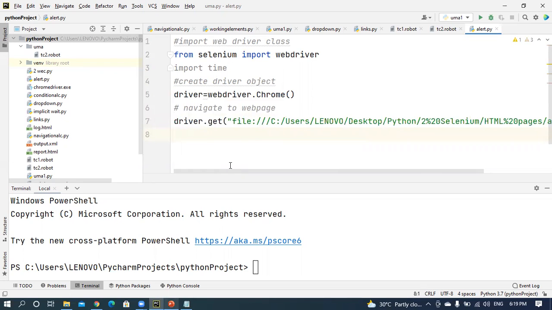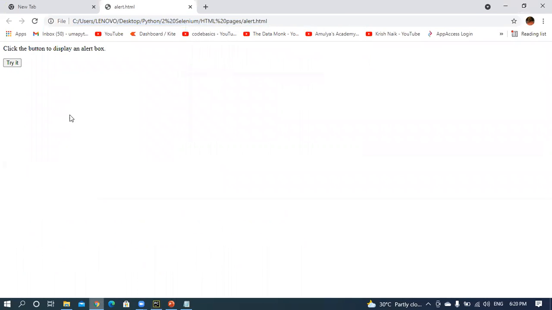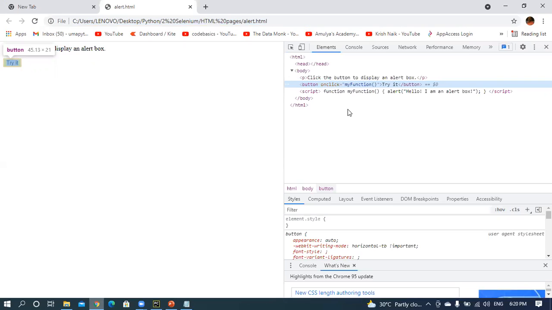First important thing: if I click this one, it will show this window. The initial step is I need to identify this button. How can you identify this button? There is a button in our web page, and you can identify it by using any one locator. To identify this button, you have to inspect it. Yes, I am inspecting this button.